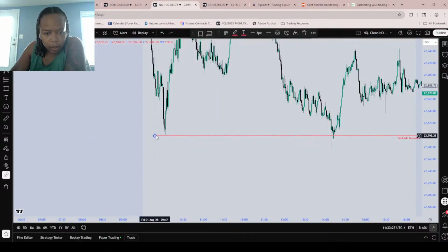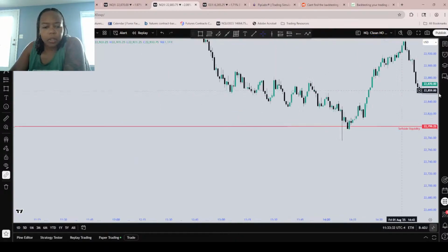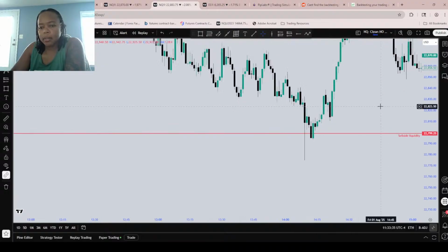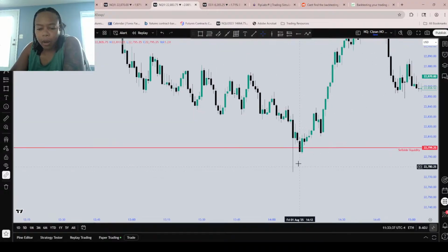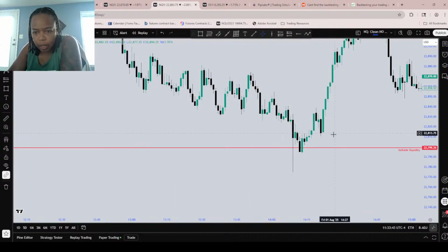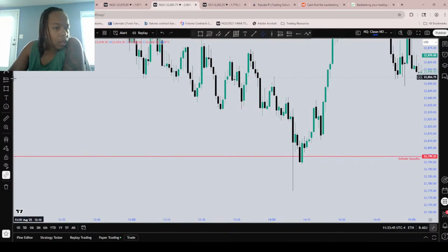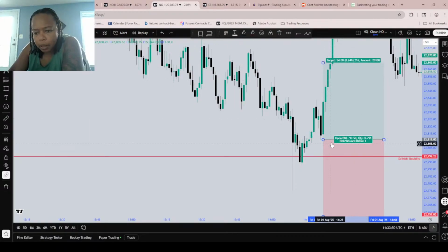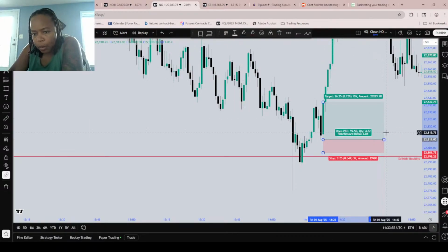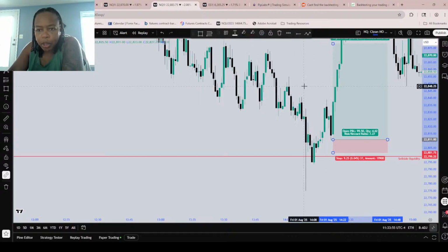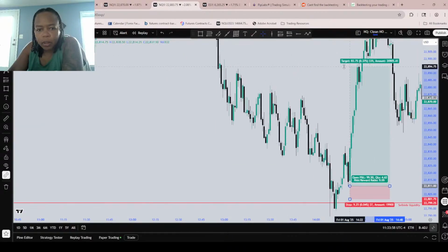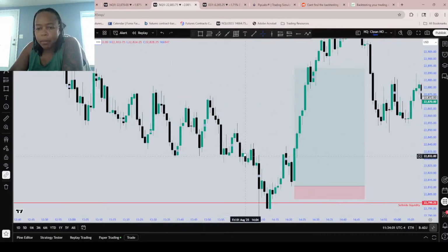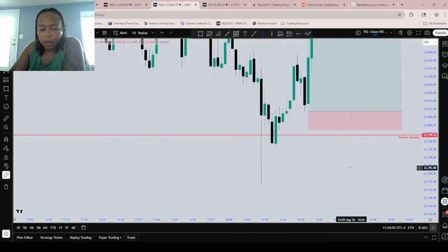Sell side liquidity. You can see that. Okay, so sell side liquidity is taken. So the pattern I'm looking for right now is sweep it, shift here, come back. Let me put my tool here, and then reach for the nearest high or fair value gap. Literally, that's what I'm looking for.